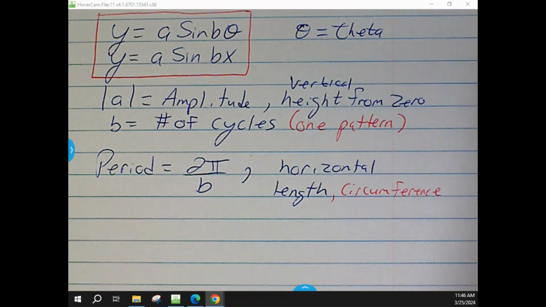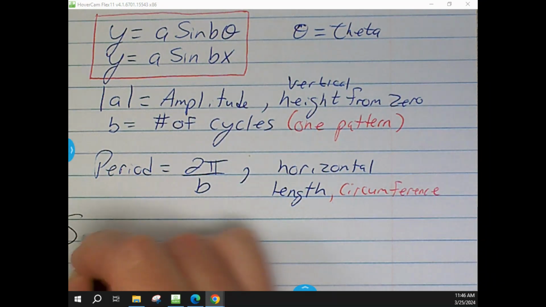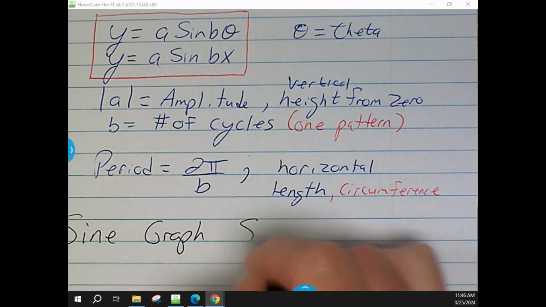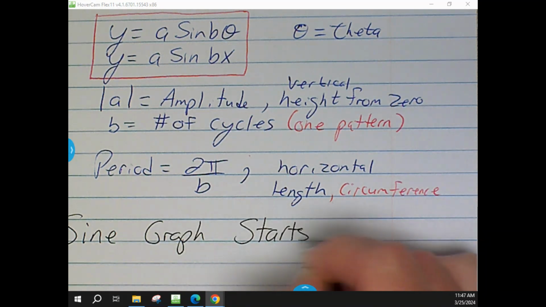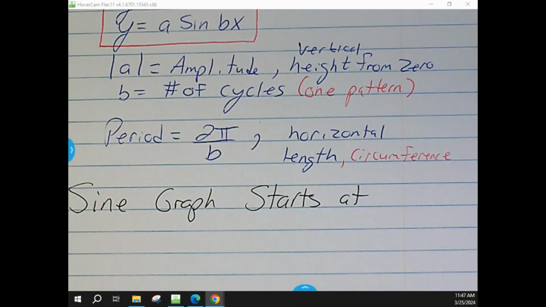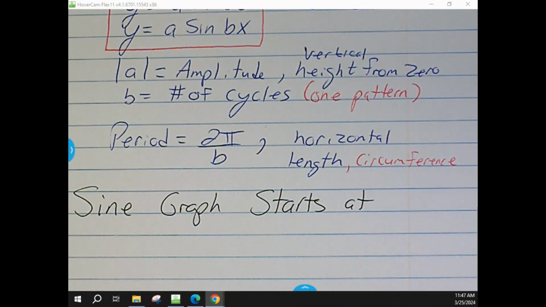Okay. And then the one big thing you want to have in your notes for this one, when we're doing the sine graph, is that your sine graph starts at